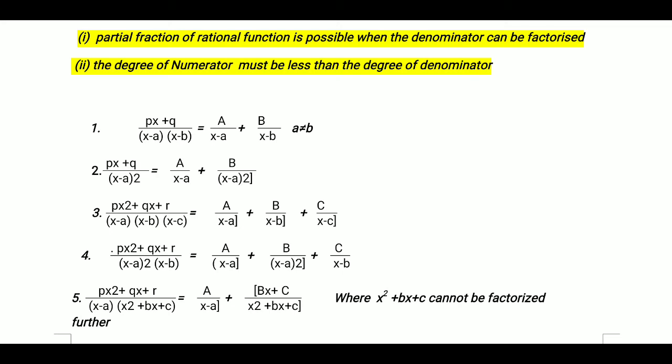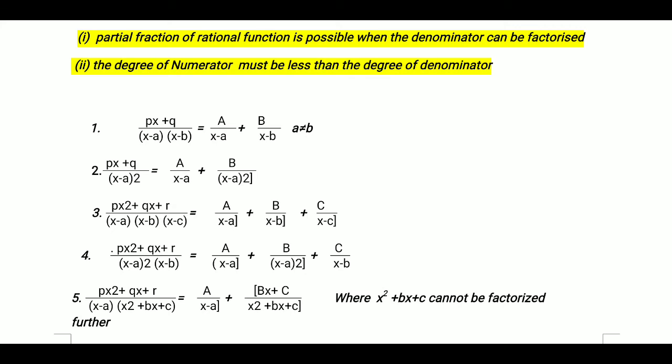Now there is the third type. If the function is like this, (px²+qx+r)/((x-a)(x-b)(x-c)), then you write it equal to A/(x-a) plus B/(x-b) plus C/(x-c). Now we can find, equating both sides, the values of A, B and C, and then we can integrate it